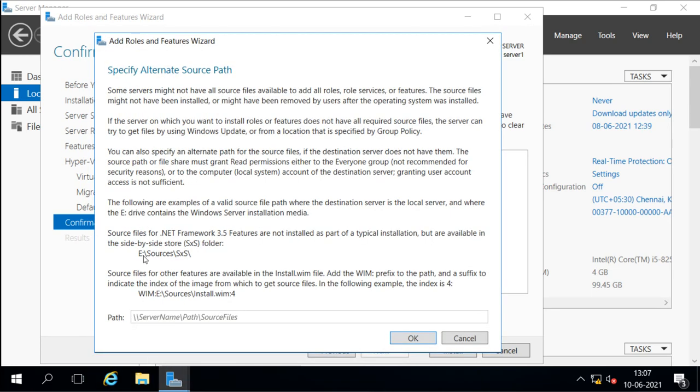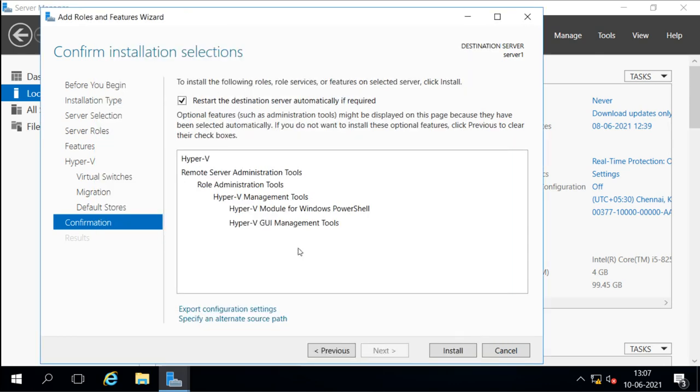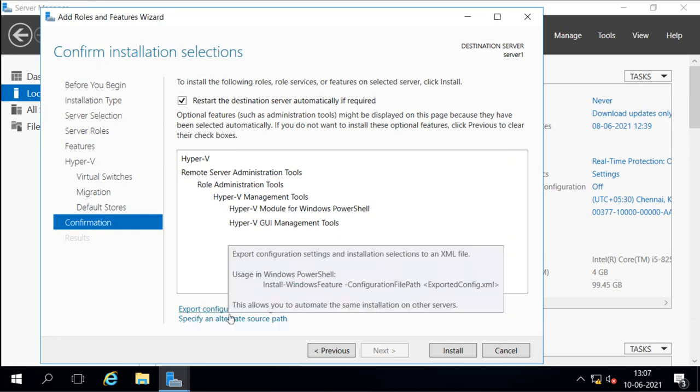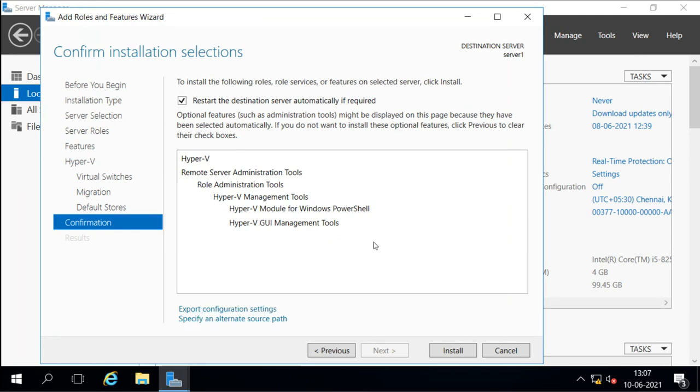Under the DVD installation media, you have a sources folder, and under the sources folder you have the SxS folder, and in that folder you have the install.wim file, and in that file you have all the other extra features available. Sometimes you need to select the DVD path so that you can install some features. Now this one does not require it, so it is not giving me any option, and I can install it.